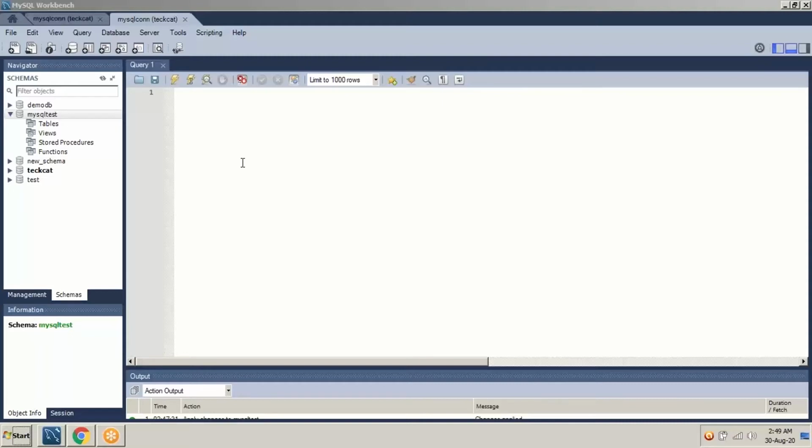And here comes one more term, which is called fields. What are fields? The father name, the mother name, the student name, the admission number, the date of birth, the phone number. These are called the fields.